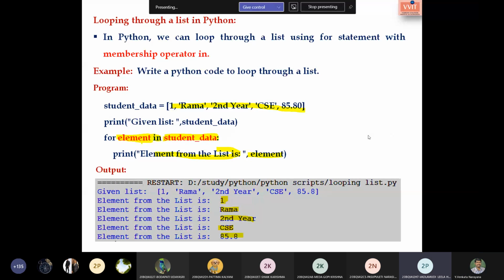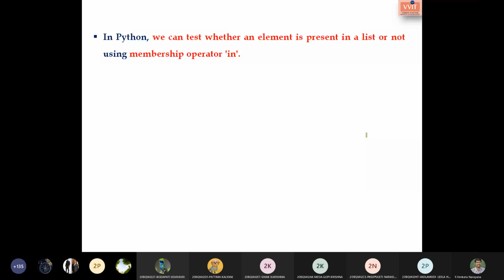So the next one is existence of an element in the list in Python. Testing also we can perform, that is a searching technique, to test whether that particular element is present in the list or not.